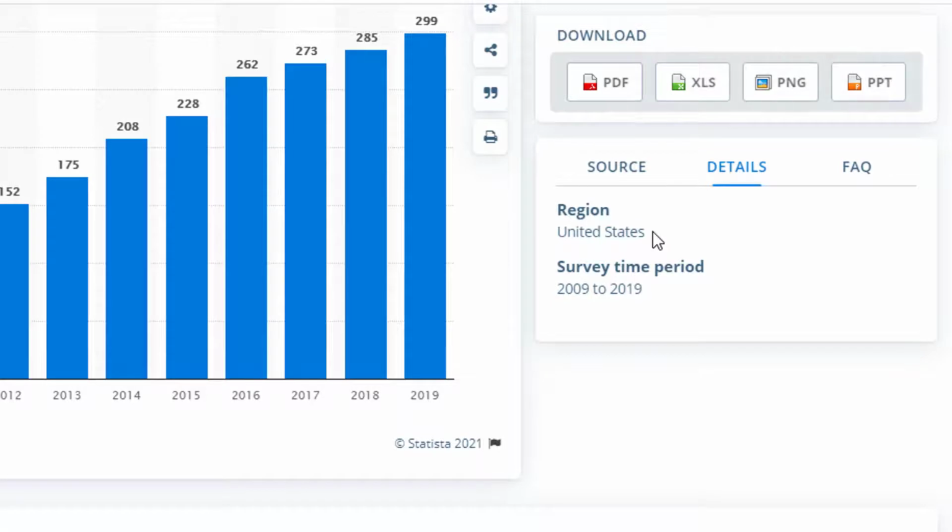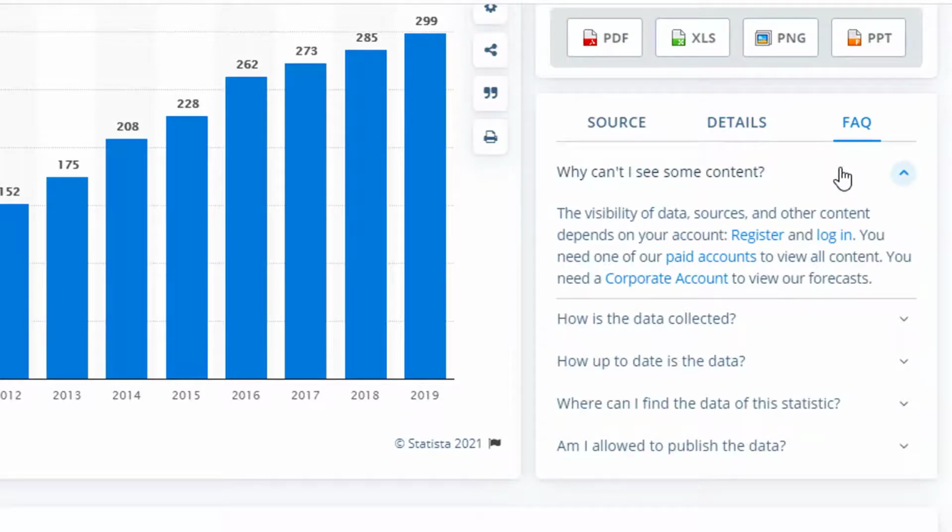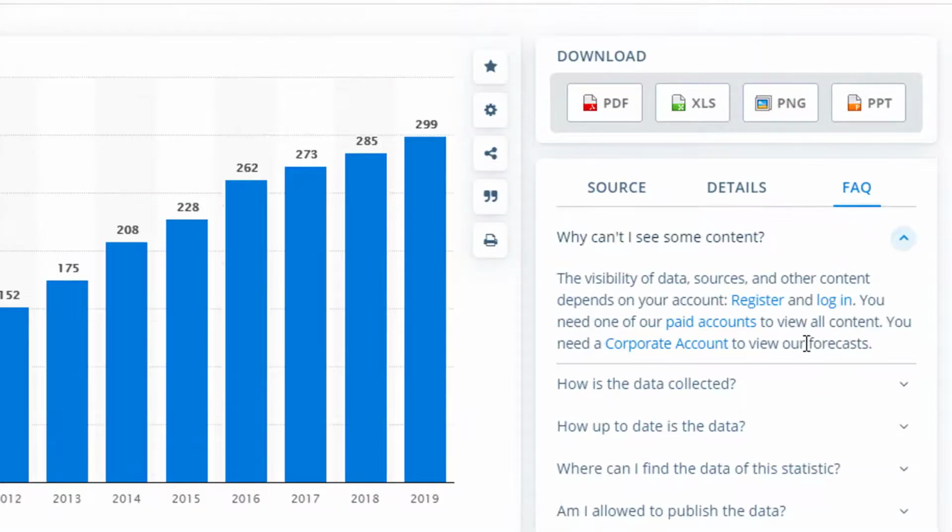And this is important to know depending on if your assignment covers a specific geographic area, such as if you're looking for data for the entire world or just certain countries like the United States or Canada. And then the FAQ section just includes some general info about using Statista's data. Scrolling up a little bit, we see a section called Download, and you can use this to save the chart in different formats. So there's PDF,